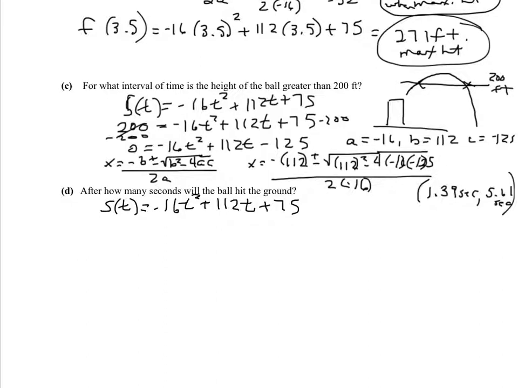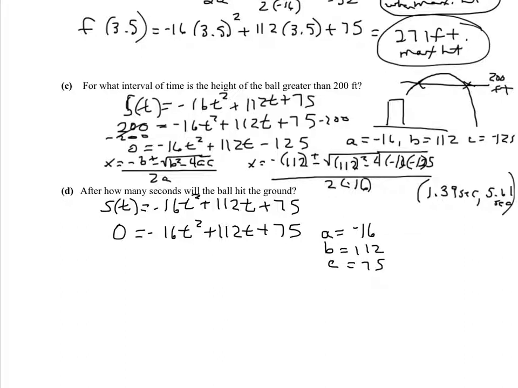Well, what would be the height above the ground when it hits the ground? That would be 0. So it will be very similar to the problem we just did, except we will have 0 that we plug in instead of 200. That's going to change our C value, and we will have to go back and do quadratic formula again. So we have A is negative 16, B is 112, this time C is 75, and if I were to plug in to my quadratic formula,